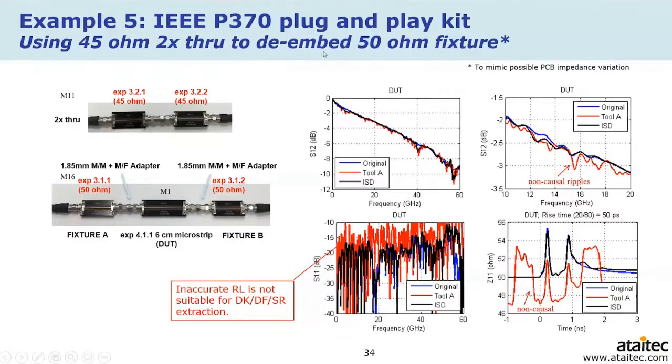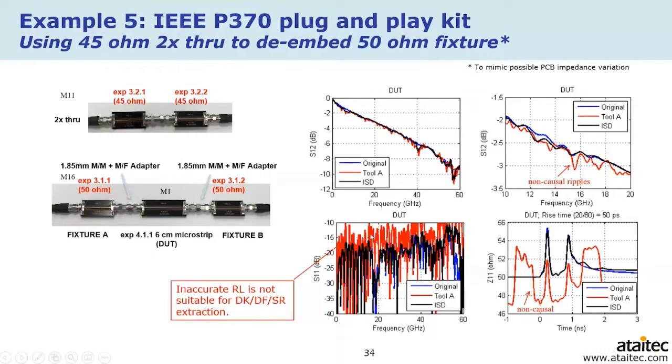The plug and play kit allows you to measure each individual piece directly. And if you use ISD, it correlates so well. Especially for return loss, if you see so much difference between after the embedding and the true results,